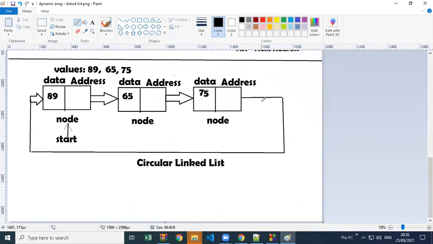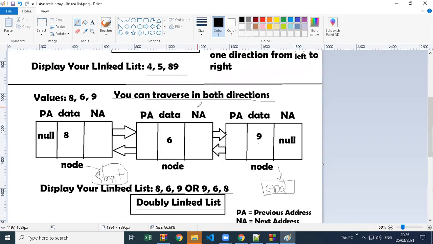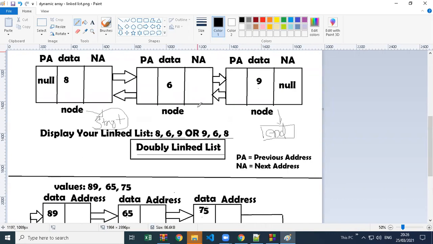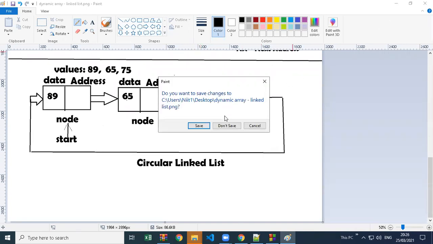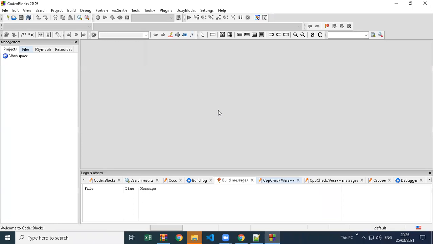Static arrays are good if you know the size in advance, but dynamic arrays are required if you don't know the size in advance. To create a dynamic array of your own, you have to create a linked list. There are three types: singly, doubly, circular. In a doubly linked list, you can do LIFO and FIFO. In the memory concept, it is also represented as a container, meaning stack, and a pipe as a queue. Queue and stack memory.